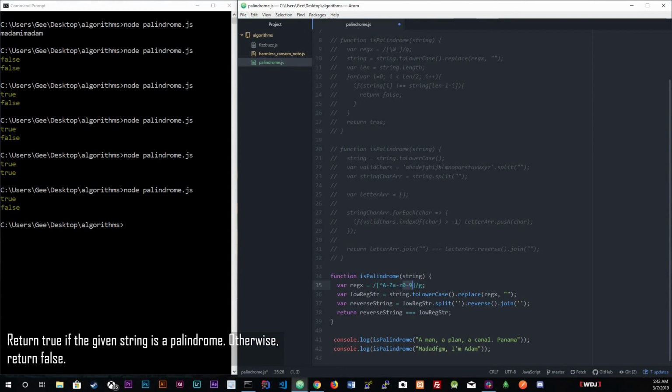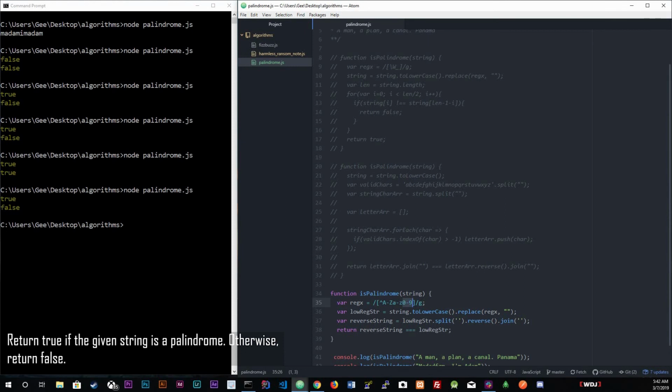Now, if you wanted to exclude digits, just remove this. And now this regex is going to match any numbers or any special characters. Because now we're saying that we want everything that is not capital A through Z or a through z. And that is it. But let me show you that this works. And now we're just doing the same thing. We're doing the string dot lowercase dot replace, replacing everything matching our regex with an empty